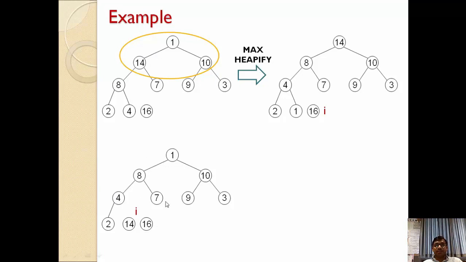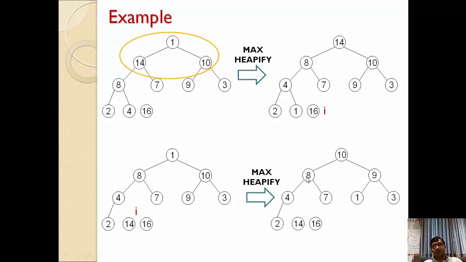Now again this tree is an unbalanced tree, because 1 is available here, and the left and right children are both larger than this one. So this is not a max heap tree, it is an unbalanced tree. We need to make it balanced again by using max heapify. So do max heapify and convert into a max heap. Since this is 1, we have to swap with the largest one. So 1 will move here and 10 will be moved here. Then whenever it is 1, 9 and 3, 9 is the largest one, so 9 will move here, 1 will be moved here, so that we can get this kind of tree.